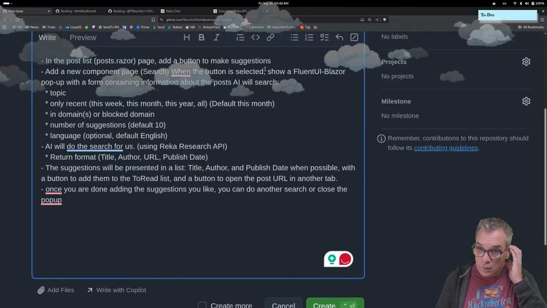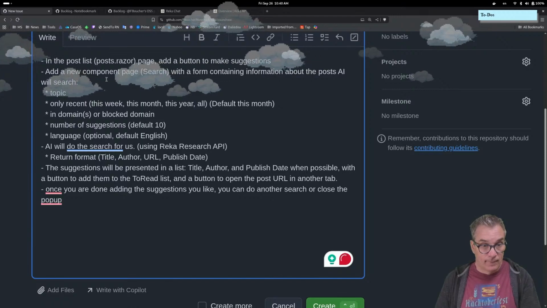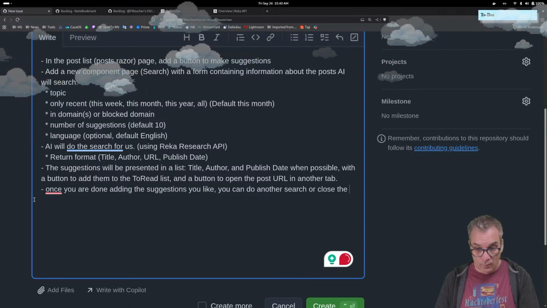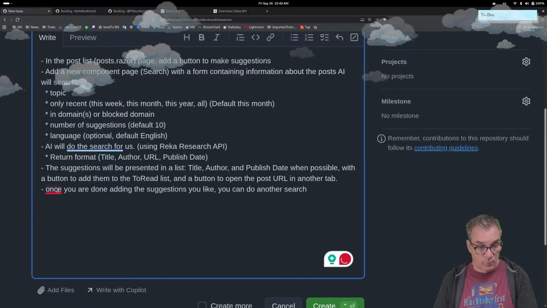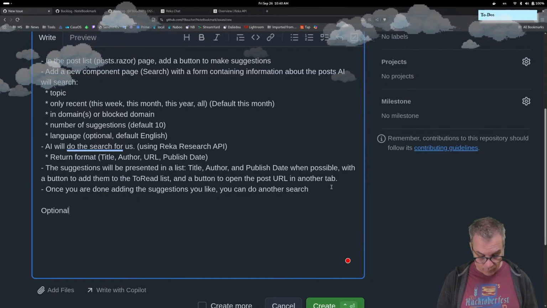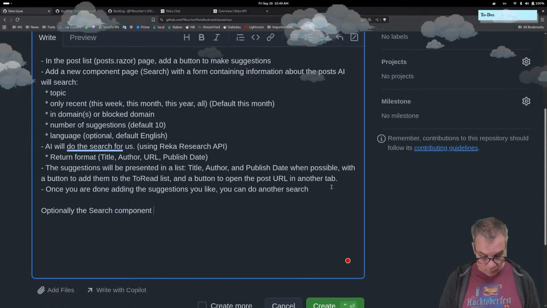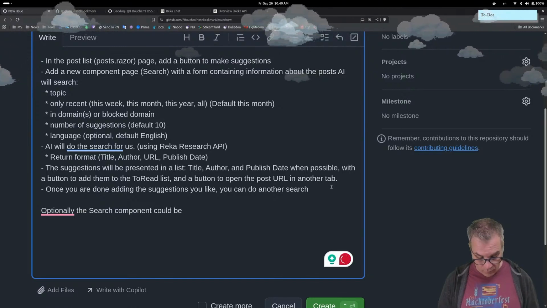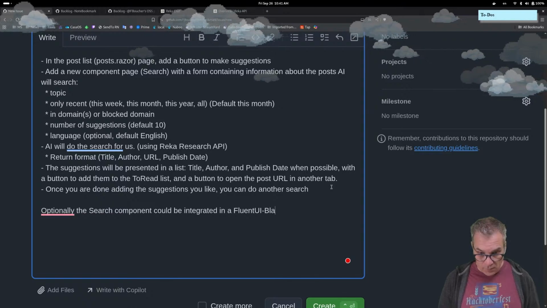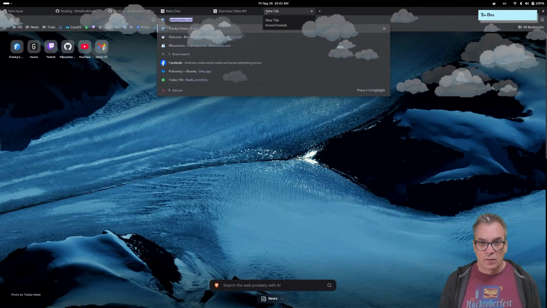Call it search. I'm not sure how they call that. Let's validate. So I'm using the